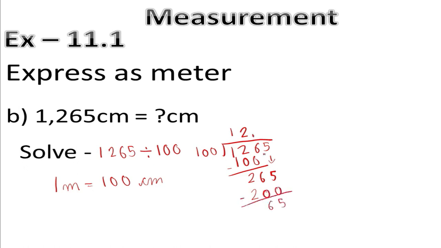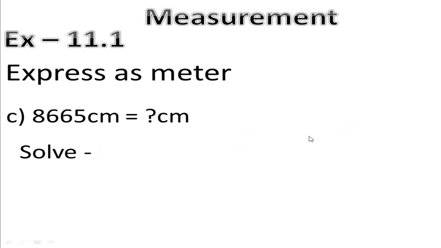We add a decimal, we add a 0, we do 6, 600. We subtract, we get 50. We add a 0, then 5 equals 500. Subtract and we get 0. So our answer is 12.65 meters. Next,